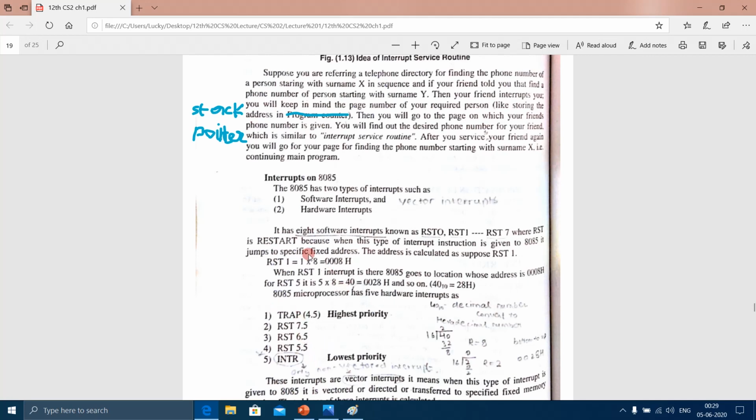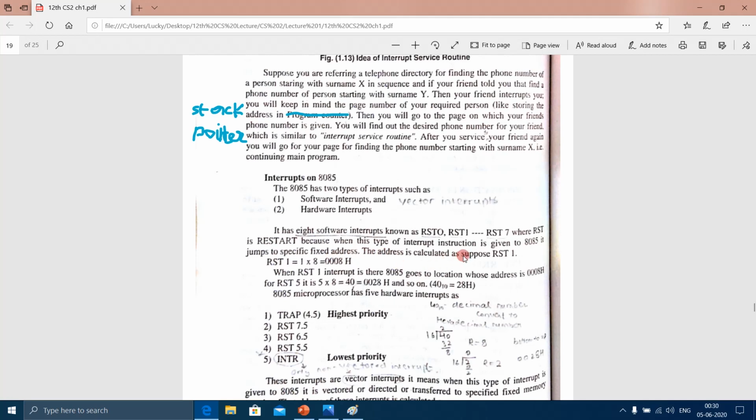Before doing this, let us see what's written here. When we were doing software interrupts, there are 8 software interrupts known as RST0 to RST7, where RST is restart, because when this type of interrupt instruction is given to 8085, it jumps to a specific fixed address.